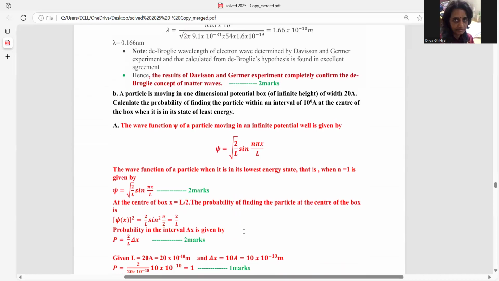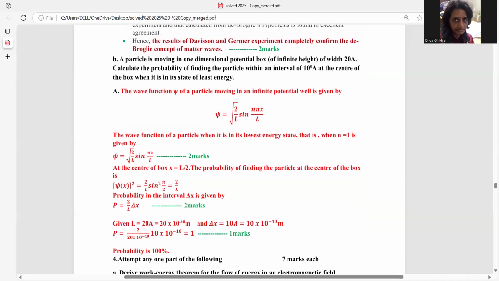It is on wave function. So wave function in lowest energy, n equal to 1, and at the center of the box, x is equal to L by 2. So your wave expression normalized, you put the value, this is a square. So 2 upon L sine square pi by 2 equal to 2 upon L. Probability in the interval is 2 upon L into del